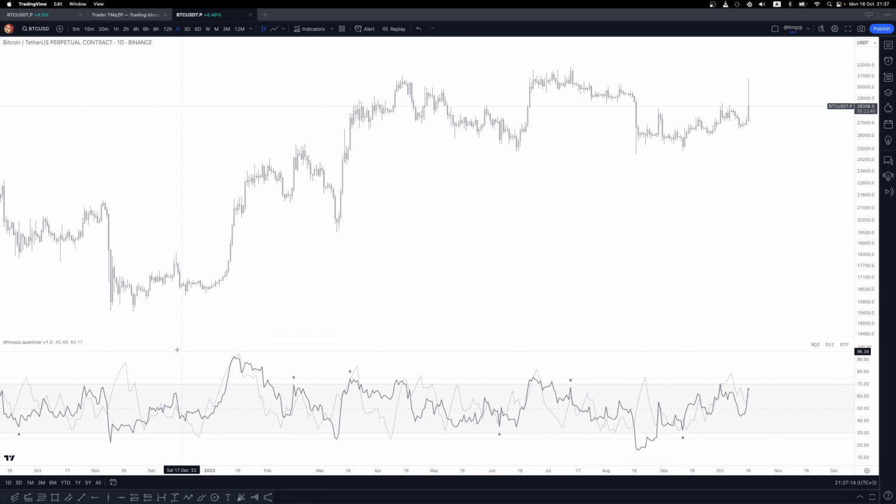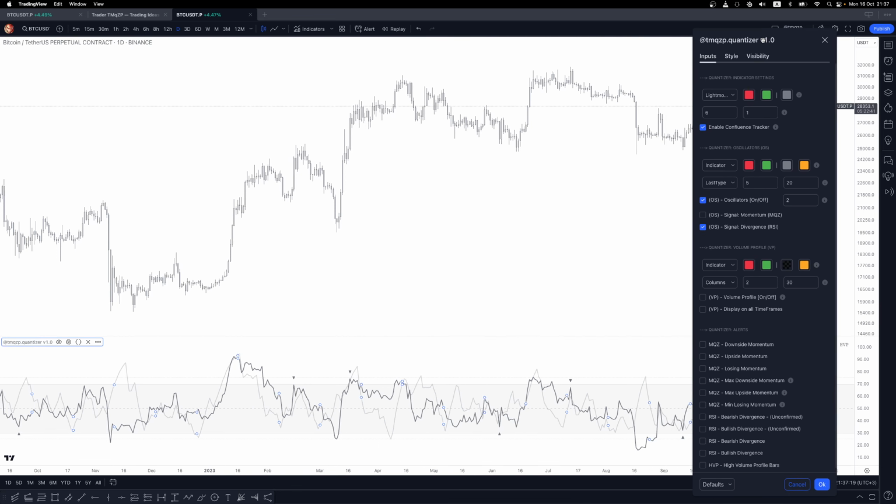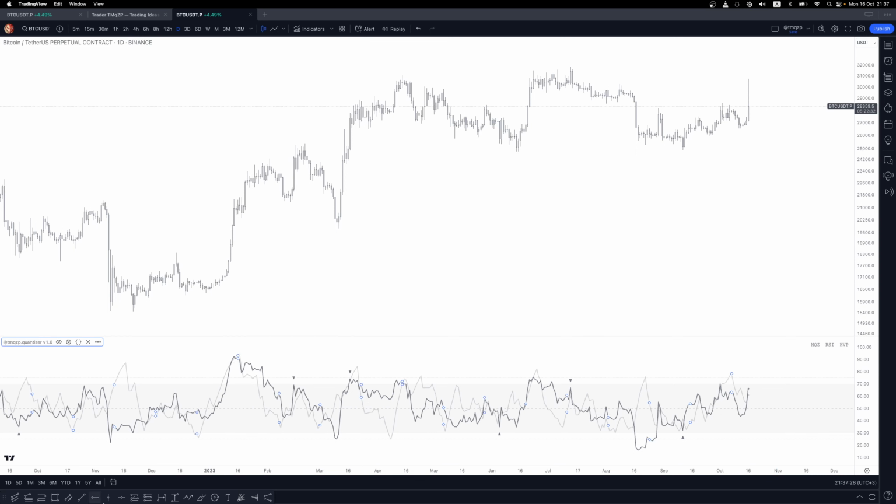And the reason for that is because the way I built the RSI oscillator in my indicator is that it tracks divergence across 4 different methods. So it's not just simply, let me get an arrow so I can point at some stuff, it's not just tracking, let's say, the divergence between this and this. It's also tracking divergence between this and this, or between this and this point. So it's doing various methods of tracking divergence. So basically what you're seeing is one of each type,